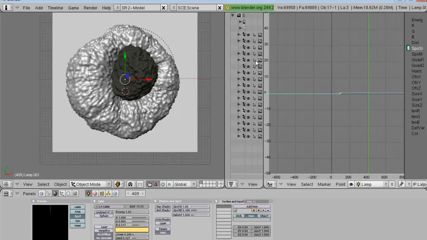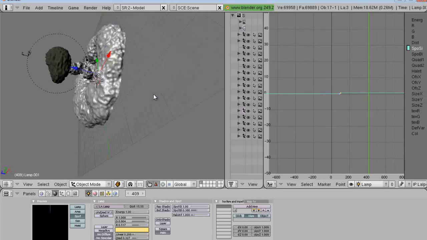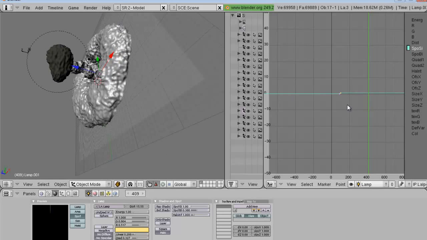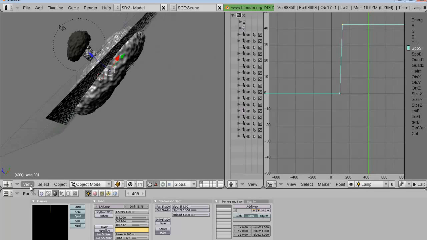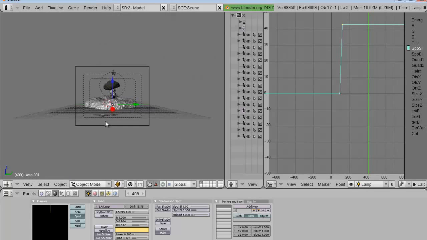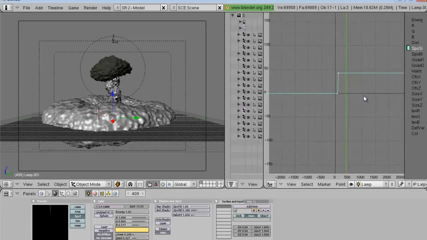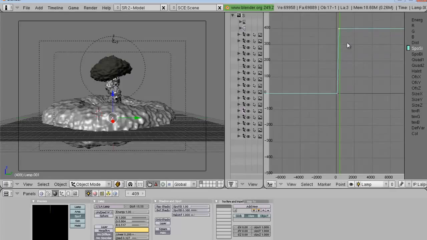So we see what this looks like. We see that's not big at all, so we can have a look. Is that big enough? We look at the camera. Okay, so put this at about 140